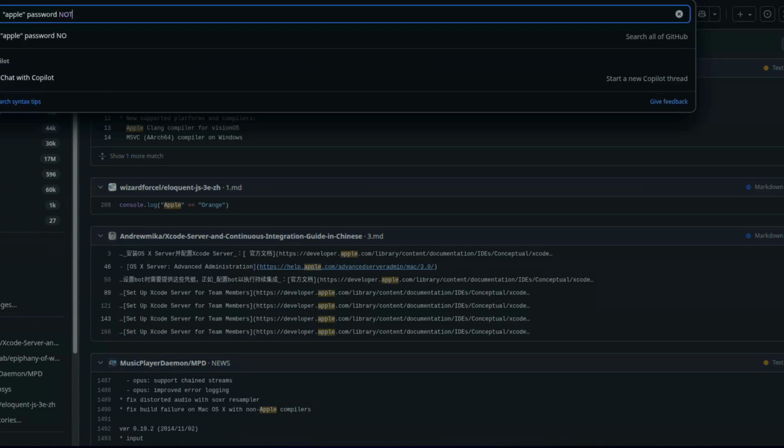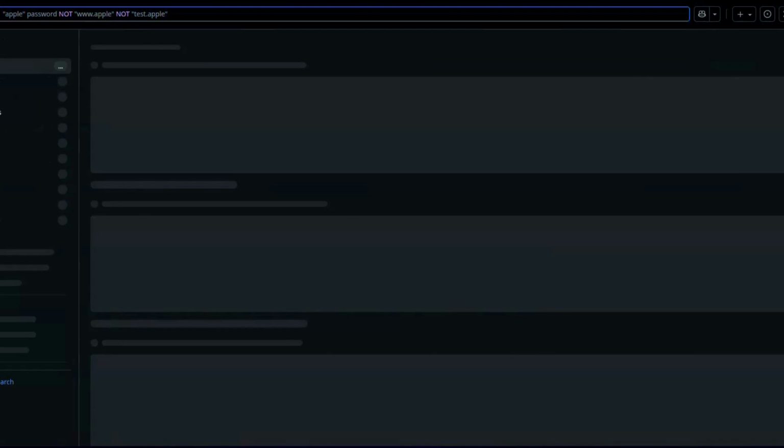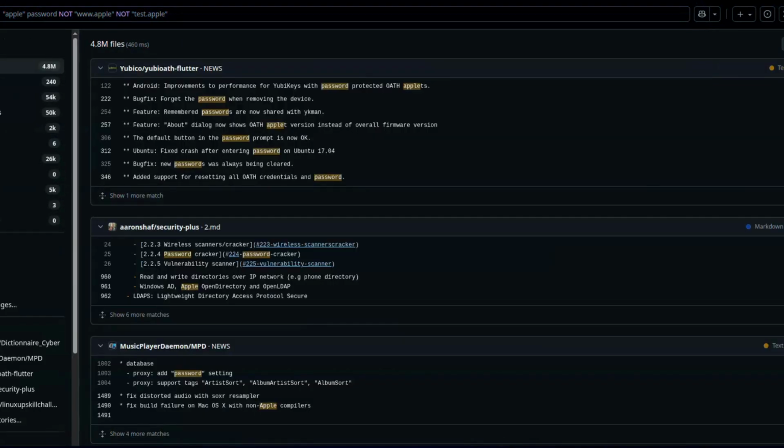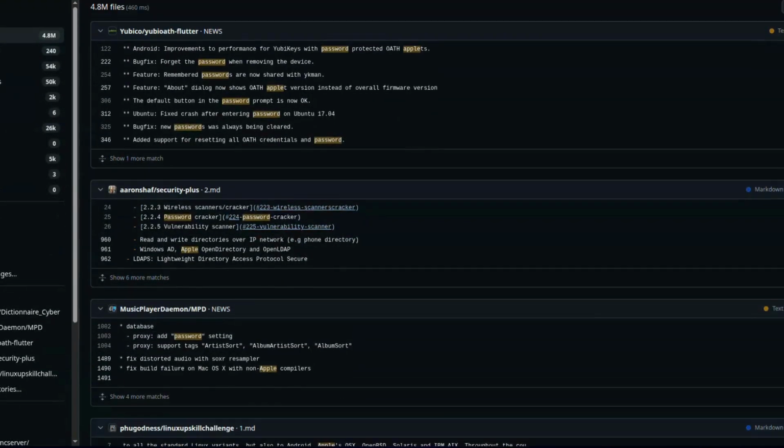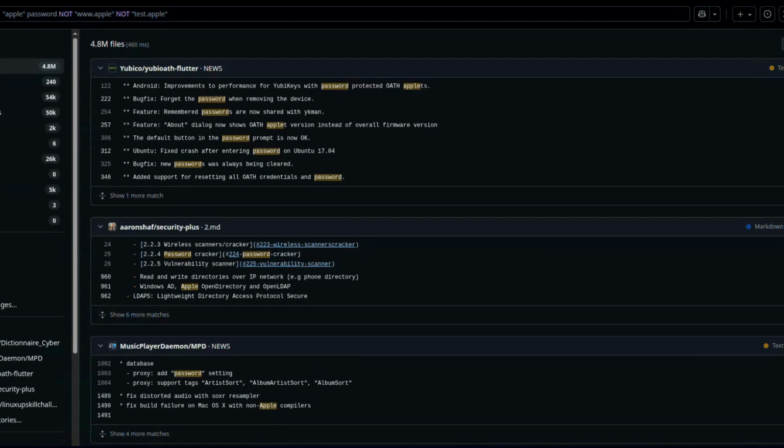Password, that is not www.apple, not. If we have something like test.apple, let's search it, and this will search for passwords but will not include www.apple or something like that.